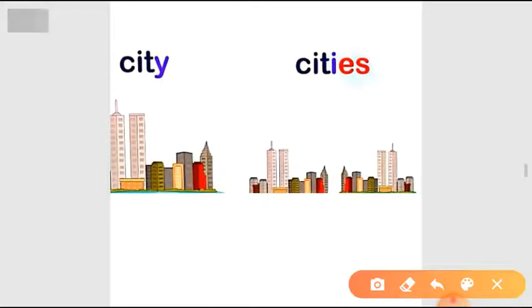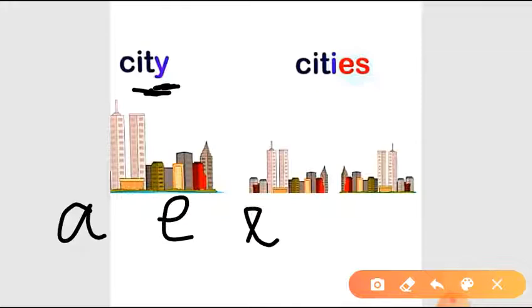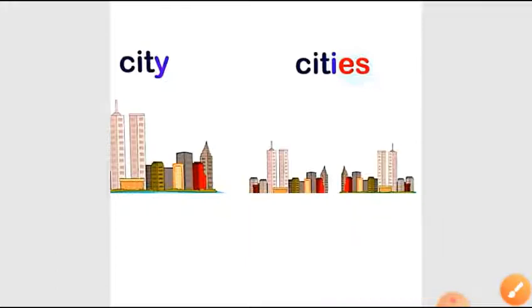See, you have to see the last letter of the word, it is y, and you have to see the second last as well, t. It is t here. So t is a consonant. You know what are consonants? Letters other than vowels are consonants. A, E, I, O, U. These are the five vowels, and all other letters other than these five are consonants, right? So t is a consonant.